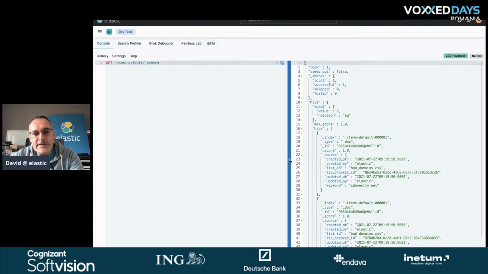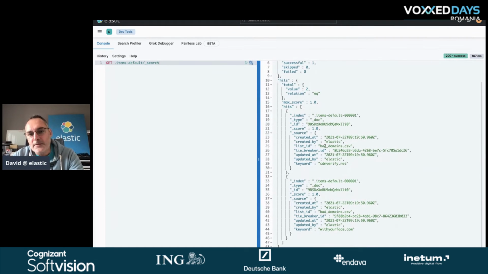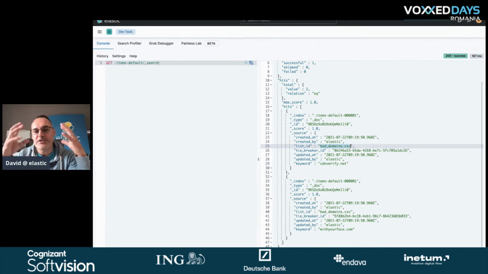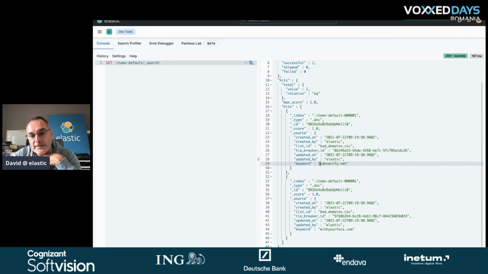And here you can see that I have only two events in this index. This is coming probably from a CSV file. Imagine that we have a CSV file which contains all the bad domains that we are aware of, and we have put within this index the domains using Filebeat, for example, or another solution. Maybe we just upload from Kibana itself. Here the keyword field contains cdnverify.net and withyourface.com. So the reason we raise this alert is because we are hitting on this value.